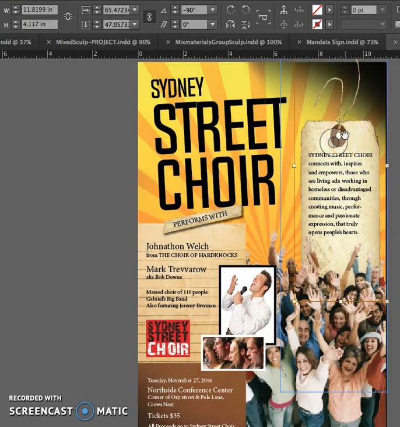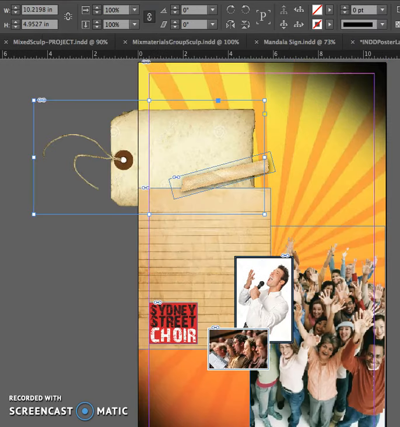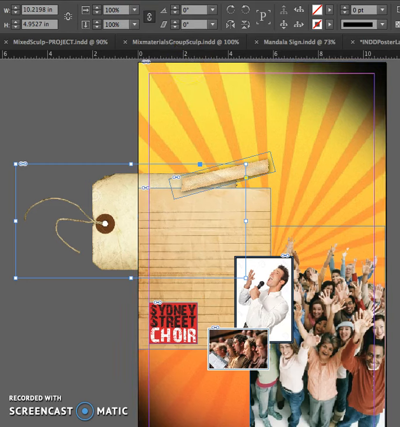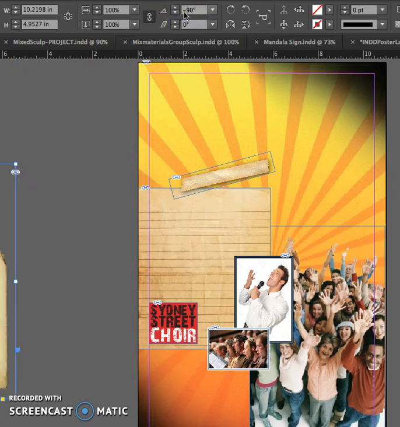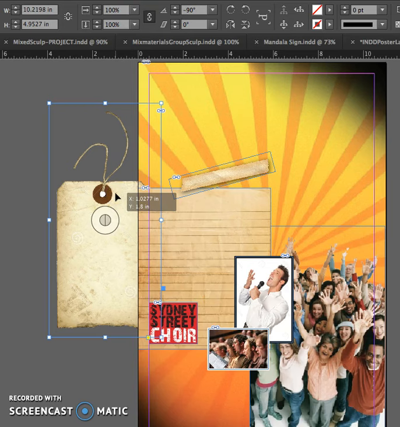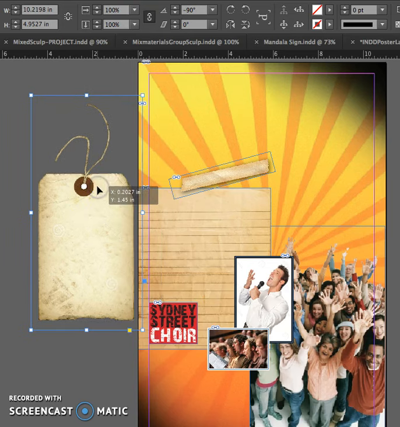So we're just going to kind of work this in. Okay. So I am going to take this image and I'm going to change it 90 degrees. Whoops, minus 90. Minus 90. So that's the way we want it. Okay, so I'm going to end